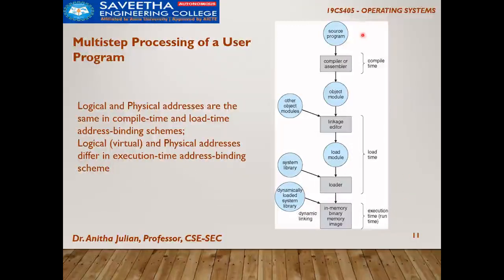So the source program is there. During compile time, it is brought to the main memory, and then the modules are linked. Everything will be available in the secondary storage, and whenever needed, they will be brought in. So first modules are brought here, then the system libraries are brought here, then dynamically all of them are linked. So any method we can use. We will see all this in the next lecture in more detail.